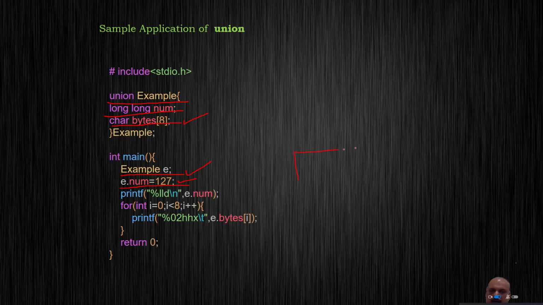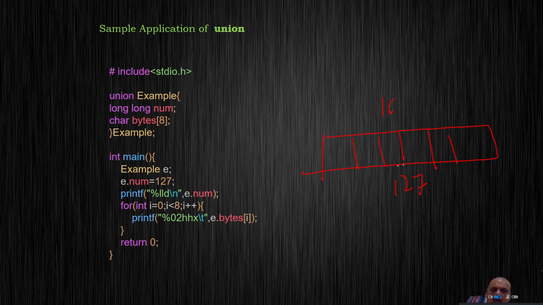So you have a memory location of say 16 bytes, since long int takes 16 bytes. And what is the value stored in the 16 bytes of memory? It is 127.